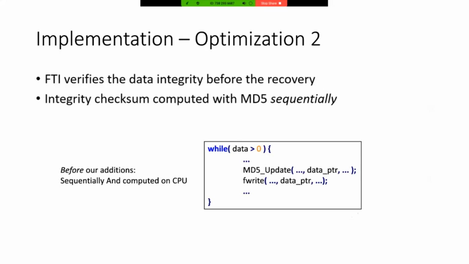And for that, we have to generate a checksum of the data that is stored in the checkpoint file. This is done using the MD5 algorithm and performed sequentially. FTI as well splits the data into buffers, and then into blocks, and we write the blocks to the checkpoint file in two steps. We first add the hash of the block to the sum, and we write the